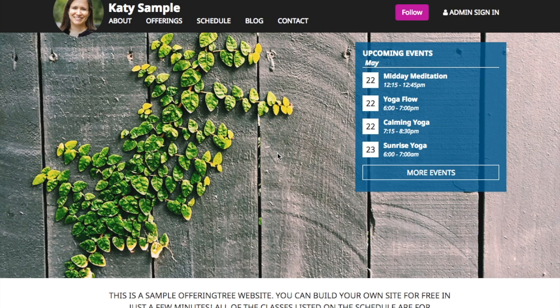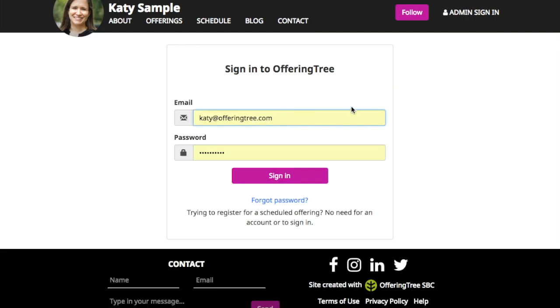This tutorial video will give you an overview of OfferingTree's features. What you'll notice is that your home page is the publicly facing OfferingTree page that your clients or students can see. At the top right there is an admin sign-in button. If you click on this admin sign-in button, this will take you into the back end of your OfferingTree site